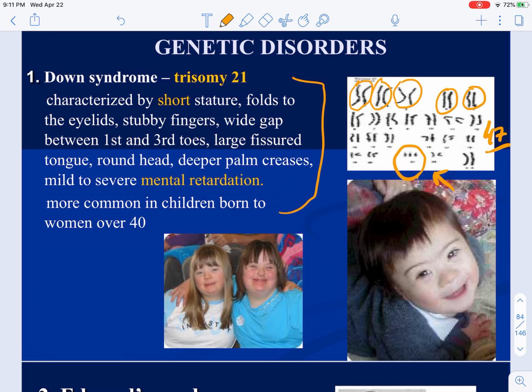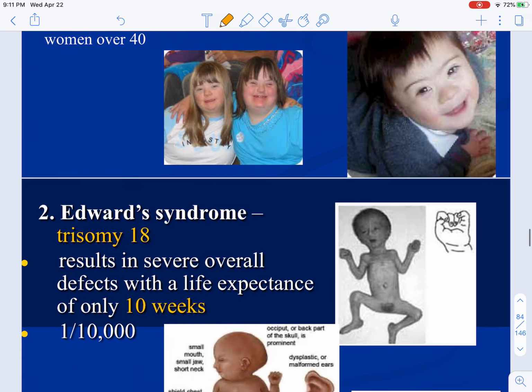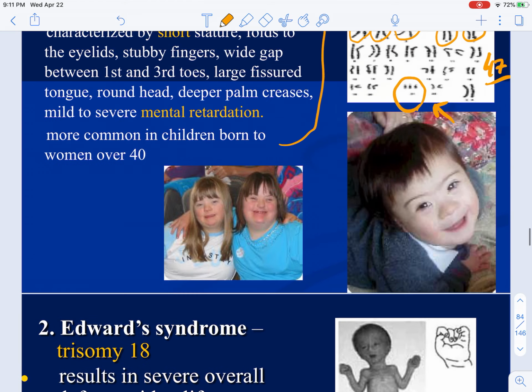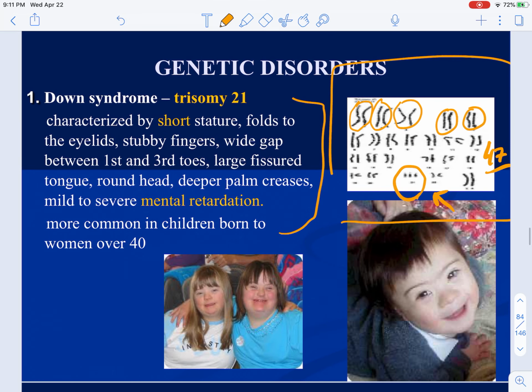Things like the rounder head and sometimes some mental difficulties and learning problems, some folds to the eyes. There is a range of capabilities and abilities of Down syndrome individuals, but they all do have this trisomy number 21 if you look at their karyotype. And that would be why some genetic tests are done